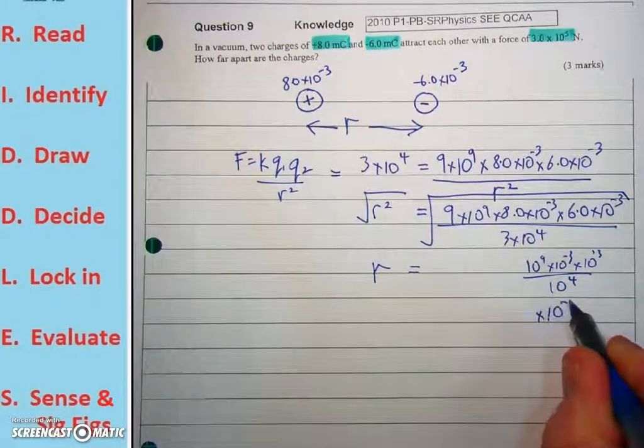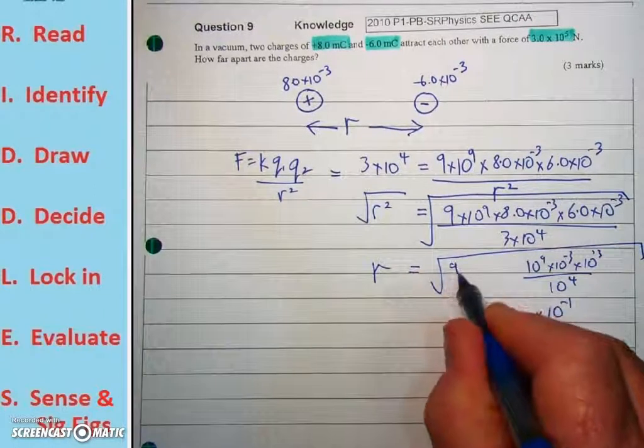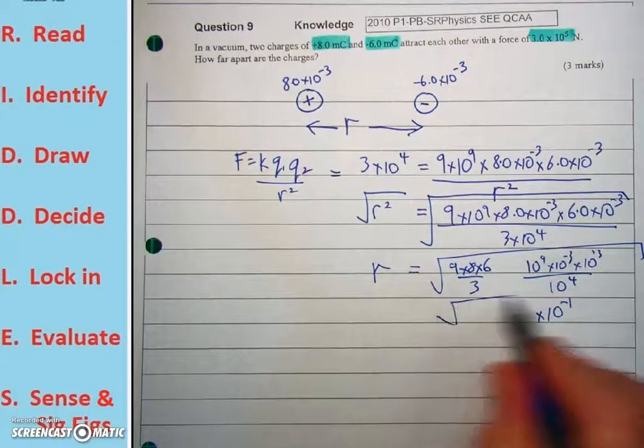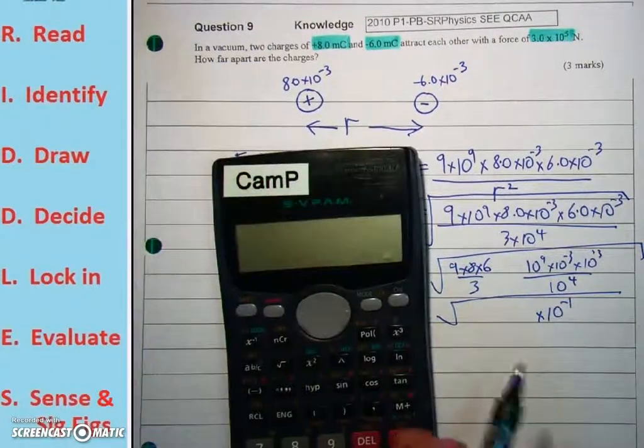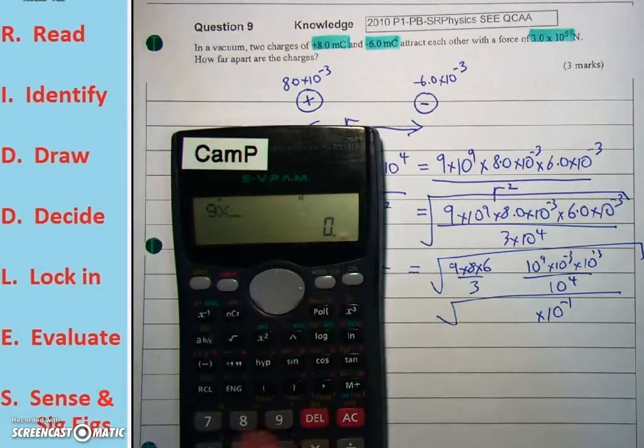So all of that becomes 10 to the -1. And if we multiply out our values, 9 times 8 times 6 divided by 3, let's have a look at this. 9 times 8 times 6 divided by 3 equals, multiplied by 0.1